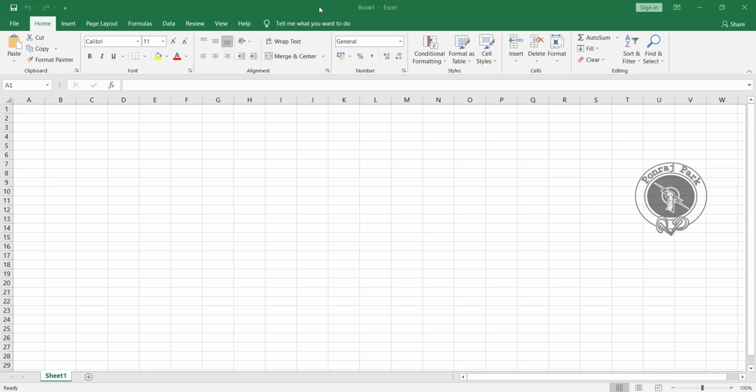So first of all I'll just enter some data in this, like I have here heading 1, then heading 2.